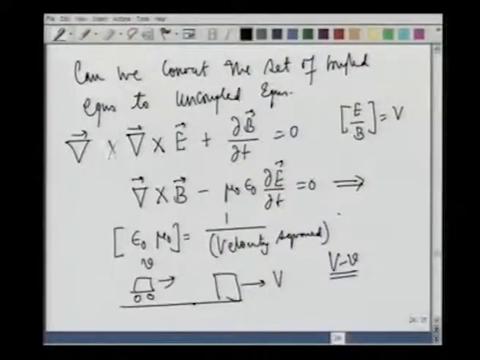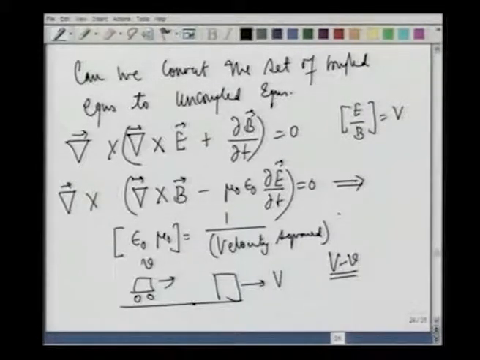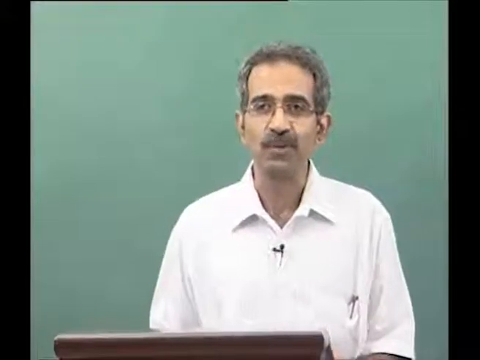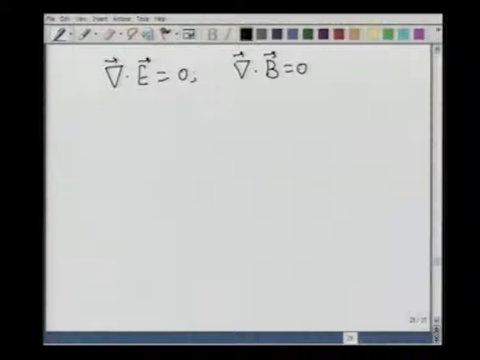After having done that, what I will do is, I will do curl of this equation and I will do curl of this equation. That is what is called a repeated derivative. And then I will combine these two equations with two other equations. What are the other two equations? Divergence E equal to 0, divergence B equal to 0, and ask myself what is it that I get. I will leave that as an exercise for you, because what is curl of curl E everyone knows. So, please do not forget that divergence E equal to 0, divergence B equal to 0. Combine that with the previous equation.